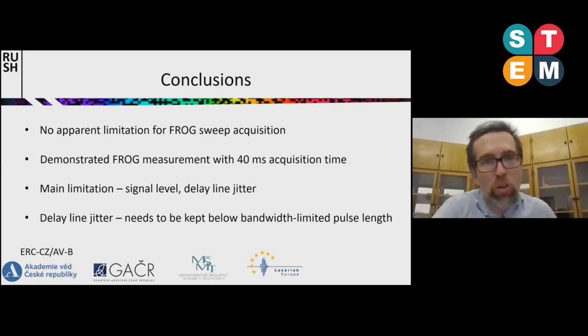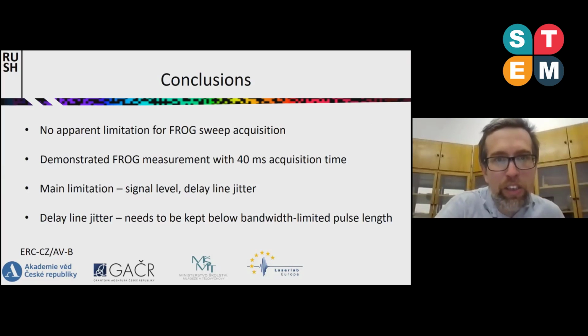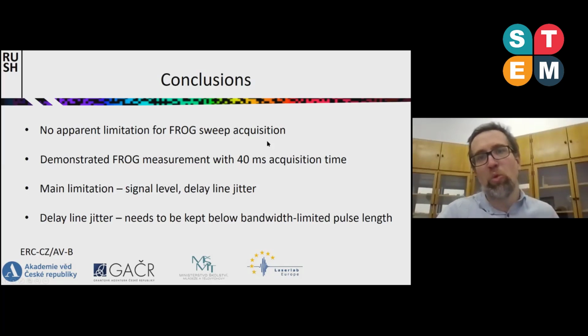Okay, so by this, let me summarize my talk. We carried out a study of FROG measurement where we tried to reach as fast a FROG measurement as we could get, and we did not see any apparent limitation for the frequency use of optical gating when it comes to sweep acquisition.